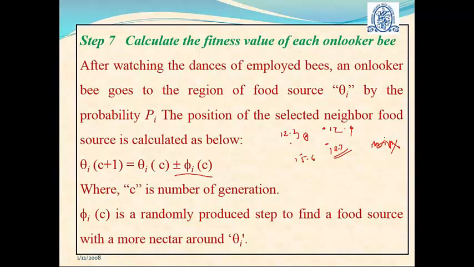So what we do in that case, it means that we got now the new position of food source, and the new position of food source will be 18.7. So this is how now we update the solution. In the similar manner, the other solutions will also be getting updated, and accordingly we can find out a new set of solutions.